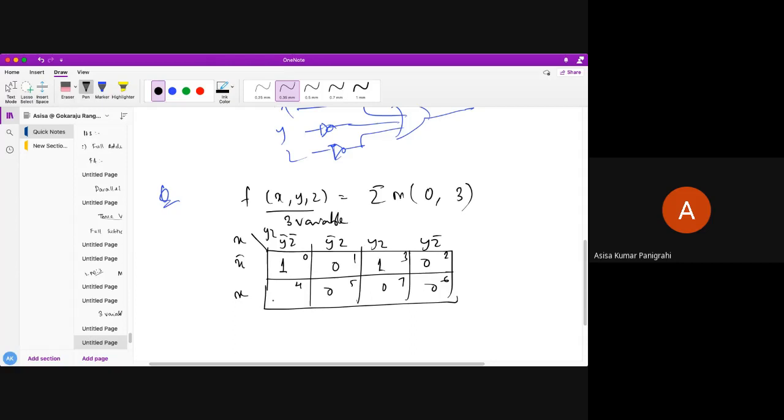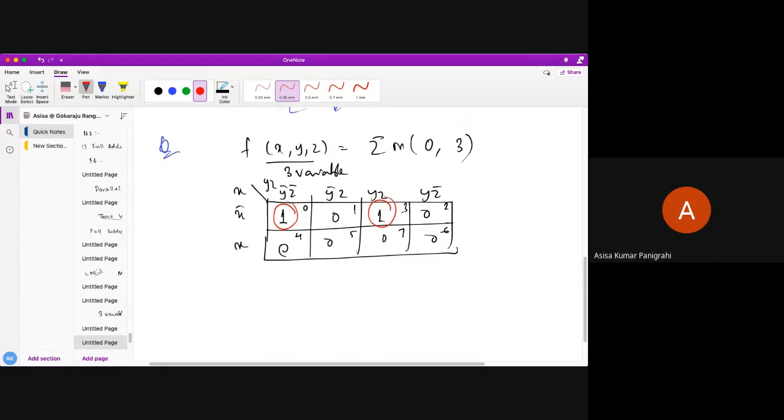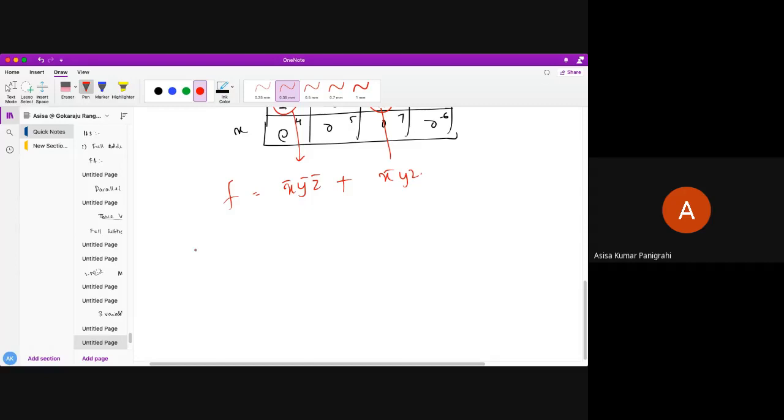Am I correct, students? So what you need to do? You just have to combine. How to combine this? You have to combine with the adjacent minterm. There is no corner minterm present. So you have to only combine this term like this, and also combine it like this. There is no other choice. So what is the final answer for it? The common value is x bar, y bar, z bar, and for this it is x bar, y, z. So this is my function. Do you all understand, friends? Very simple. And next, one more question we'll do.